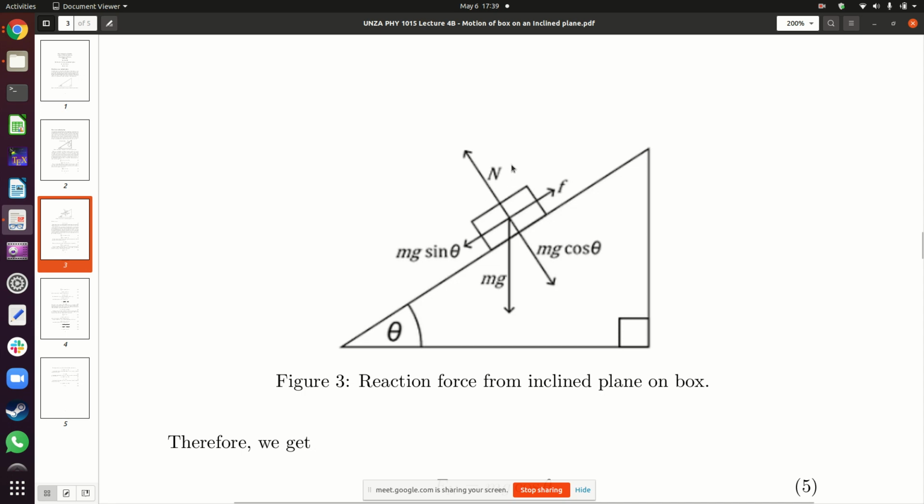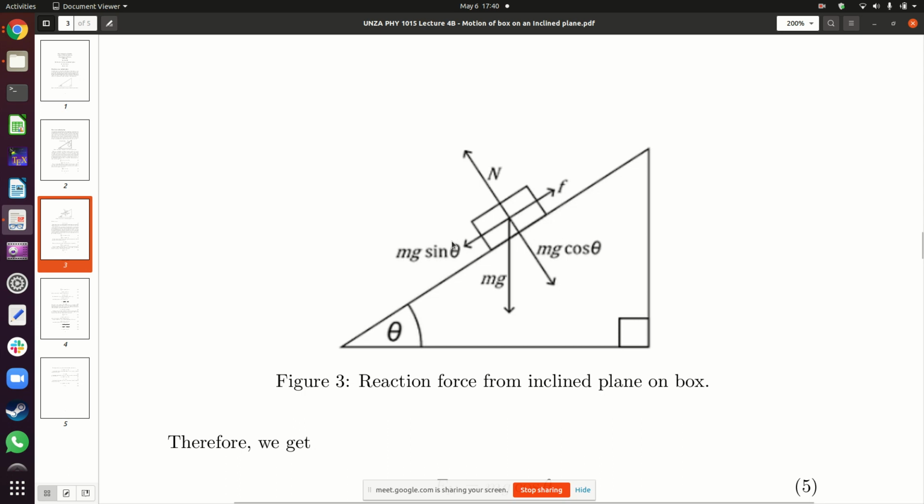In our case, the forces acting along the y direction are the normal force, which is this one, and mg cos theta. The normal force is pointing above the incline, so the normal force in this case is positive. This mg cos theta is acting in a direction below the incline,